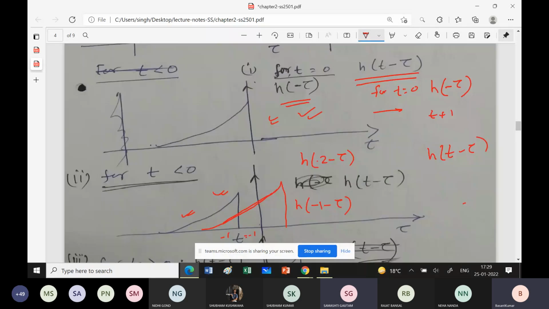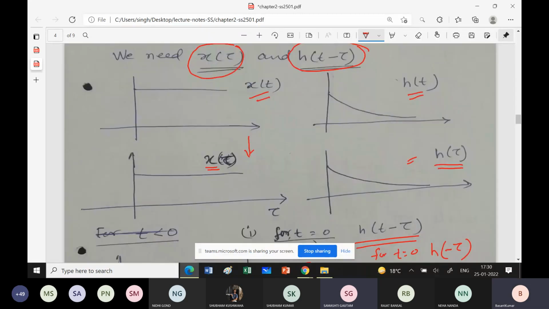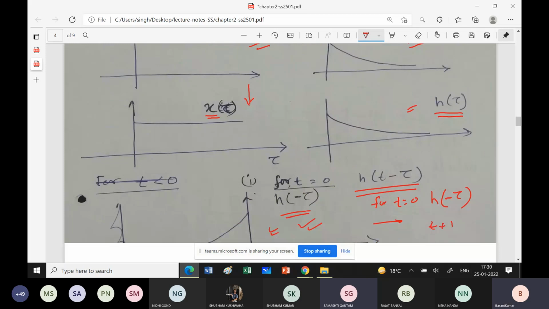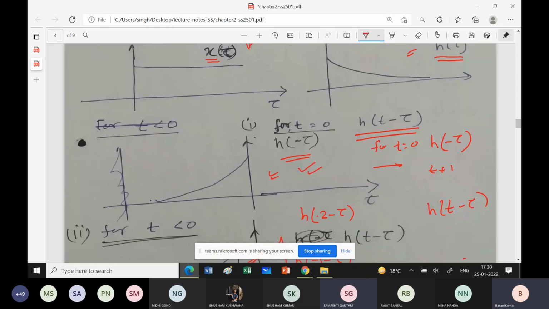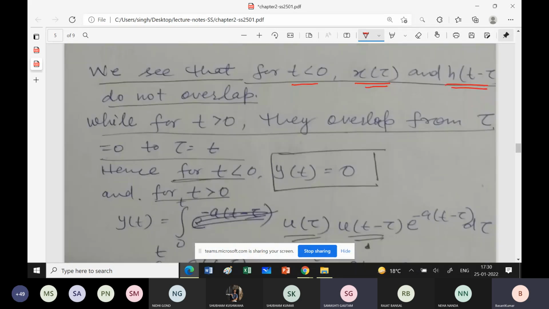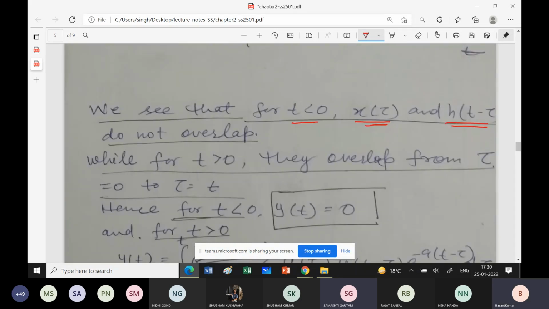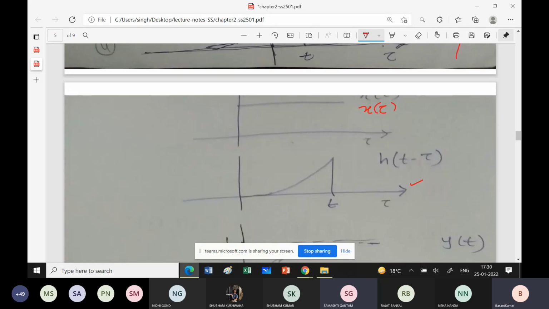अब एक बात जान लीजिए, ये दोनों जो सिग्नल हैं, आपको कुछ आउटपुट इंटीग्रेशन जो करने वाले हो, आउटपुट वहीं पे देंगे जहां ये ओवरलैप हो रहे हैं, क्योंकि दोनों सिग्नल मल्टीप्लाई हो रहे हैं, ठीक है। तो t लेस देन 0 के लिए, you don't have, they are not overlapping, so you will be getting no response, you will be getting 0, ठीक है। So what happens that while t is greater than 0, they overlap from tau equal to 0 to tau equal to t, ठीक है। इस केस में इस रेंज में वो ओवरलैप करेंगे दोनों सिग्नल, ठीक है।